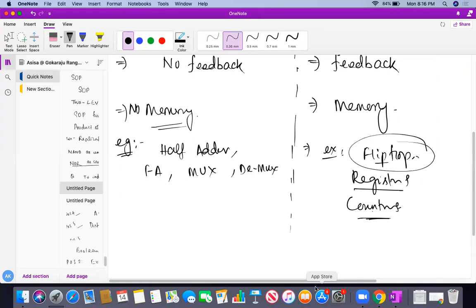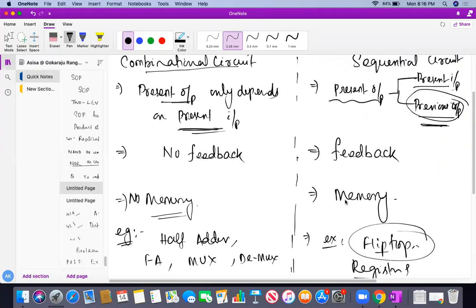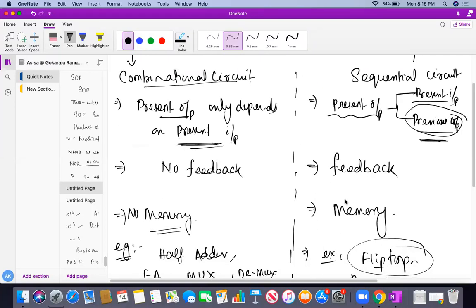So this is basically a digital circuit. Digital circuits are categorized into two categories: first combinational, next sequential. In a combinational circuit, the present output only depends on the present input, but in a sequential circuit, the present output also depends on the previous output as well as the present input. That's why it's a little bit important, students. We'll see about combinational and sequential circuits much more later on.